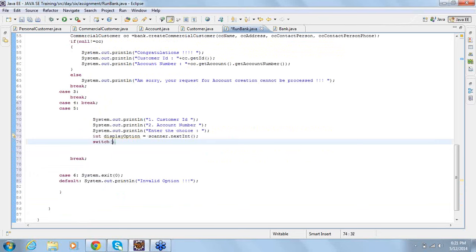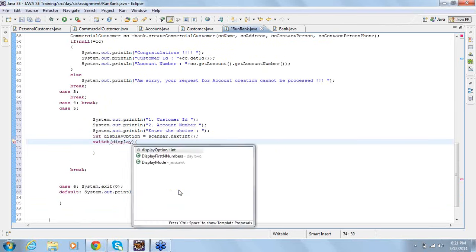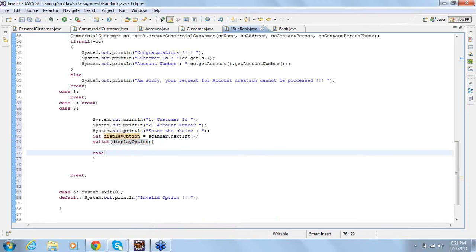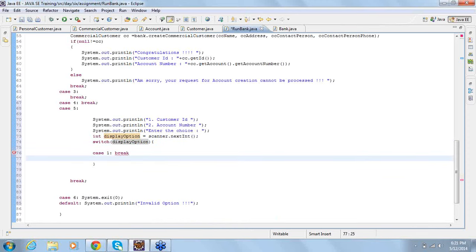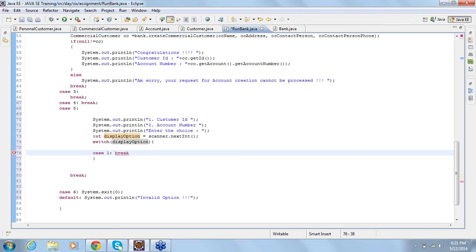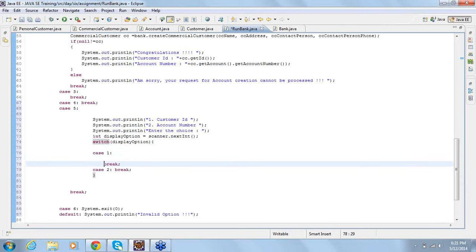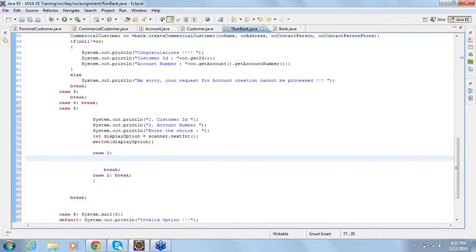Now again I'll have a switch block here. So what is your display option? Case 1, case 2. Let's do the case 1. Customer ID.